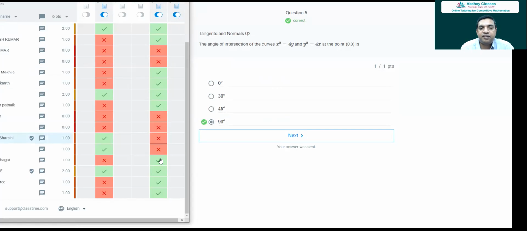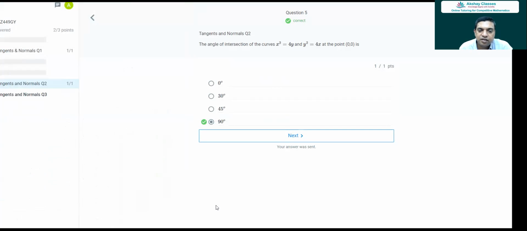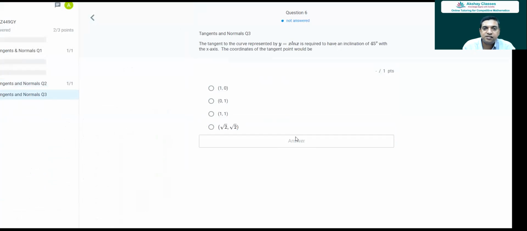So one was on angle. This is similar to the first question we solved as an example. The tangent to the curve y equal to x log x is required to have an inclination of 45 degrees with the x-axis. The coordinates of the tangent point would be